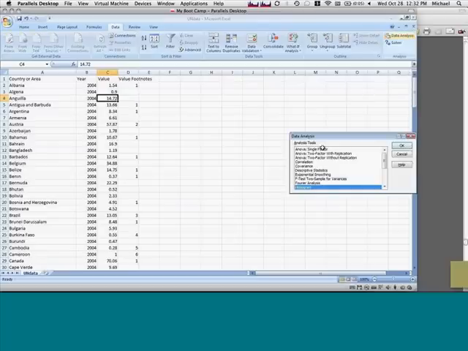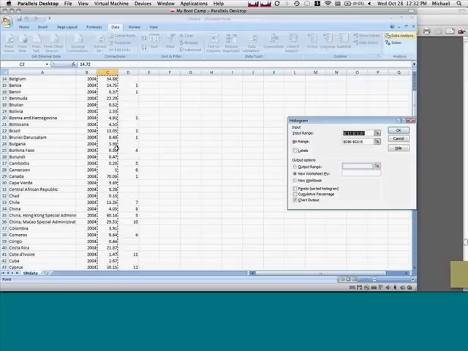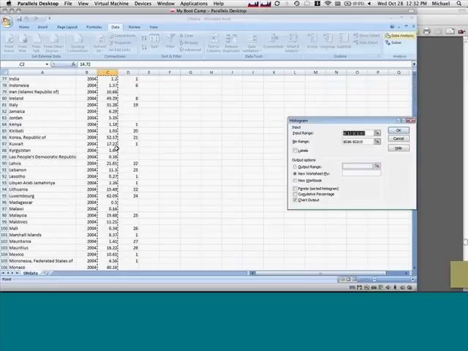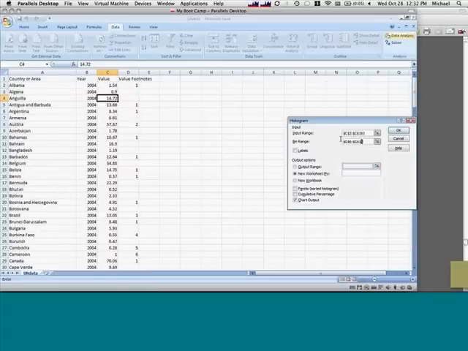So we go to Data Analysis. There's a bunch of different statistical operations that you can do, but we want to pick histograms, so I'll click OK. And here it was nice. The Data Analysis Tool Pack automatically gave me the range of the data that I want to look at. It also gives me the option to stipulate my own bins if I want to, but if I leave that blank, it'll create its own bins. So I'm just going to let Excel for now create its own bins and click OK.